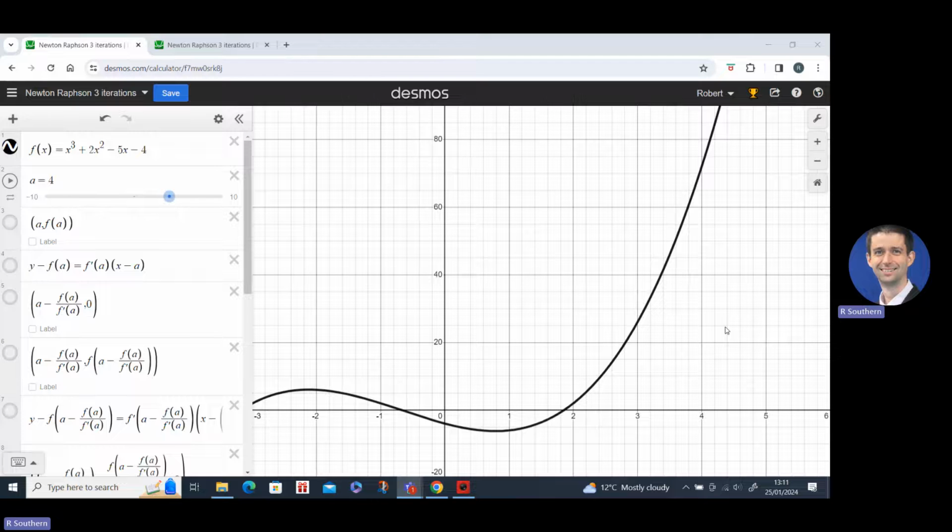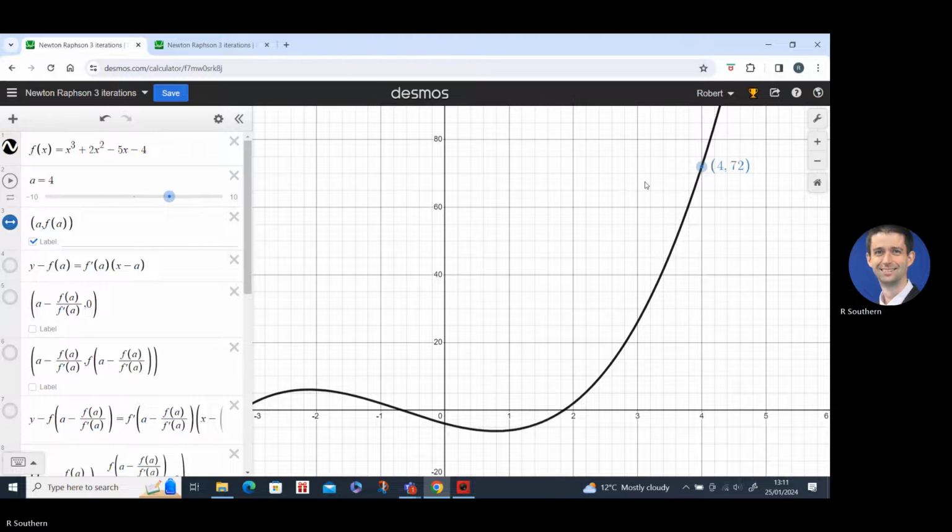So I've got a cubic function drawn on Desmos here. It has equation x cubed plus 2x squared minus 5x minus 4. And I'm going to use the Newton Raphson method to locate this root here at 1.856. Now, how the Newton Raphson method works is you pick a starting point. So I've got a little slider on here that a equals 4. So I'm going to pick my starting point that x is 4, and it's labelled up here at the point